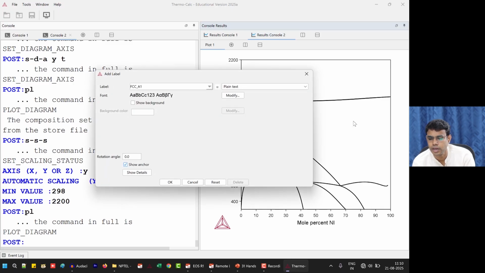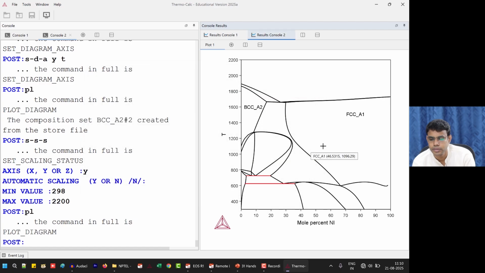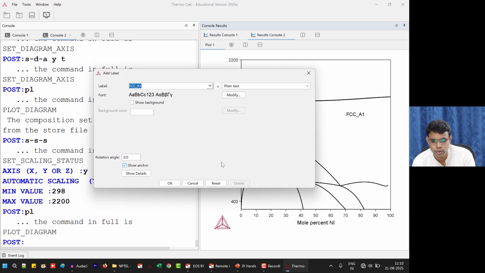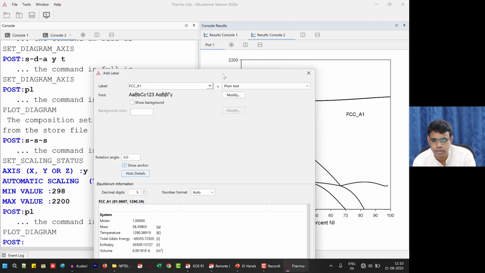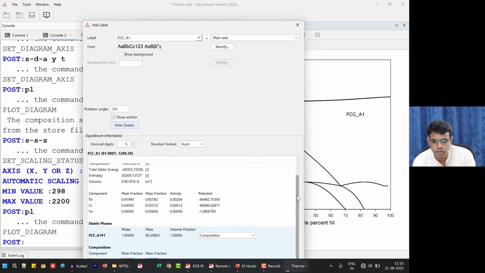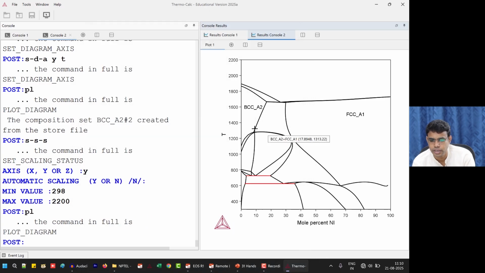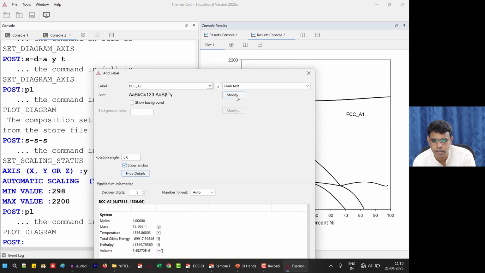Okay, add label, right? So I'm just going to right click somewhere here, add label, and show details, to show you that Cr and Fe follow the same mole fraction. You see, mole fraction Cr 0.04, iron 0.04. Okay, in the right extreme of the diagram somewhere. In the left extreme somewhere, let me right click, add label, show details.